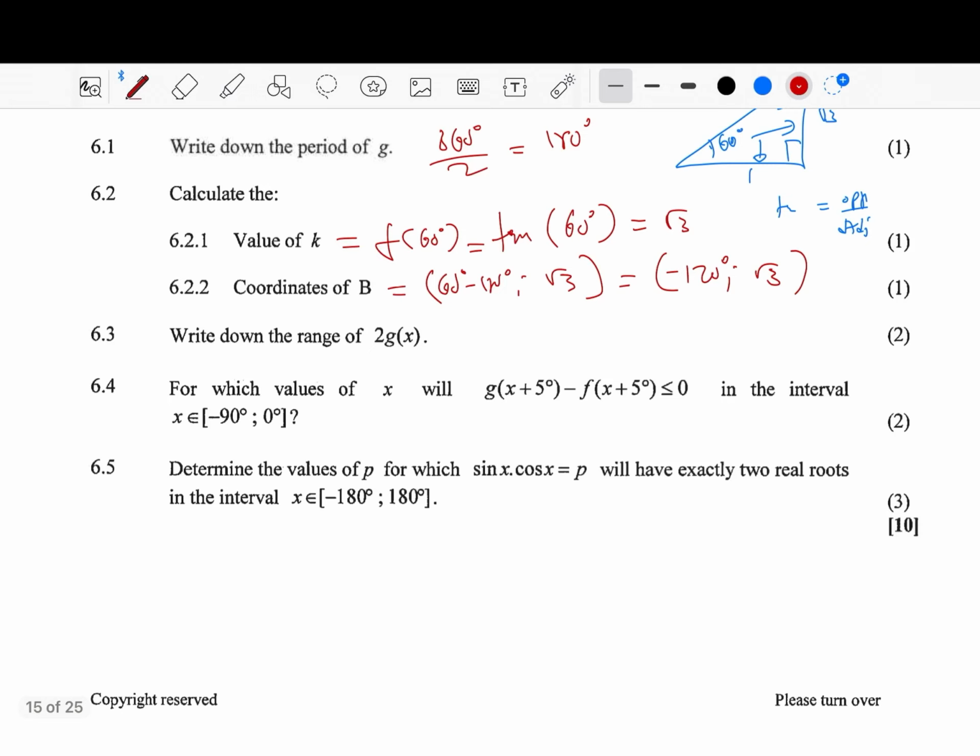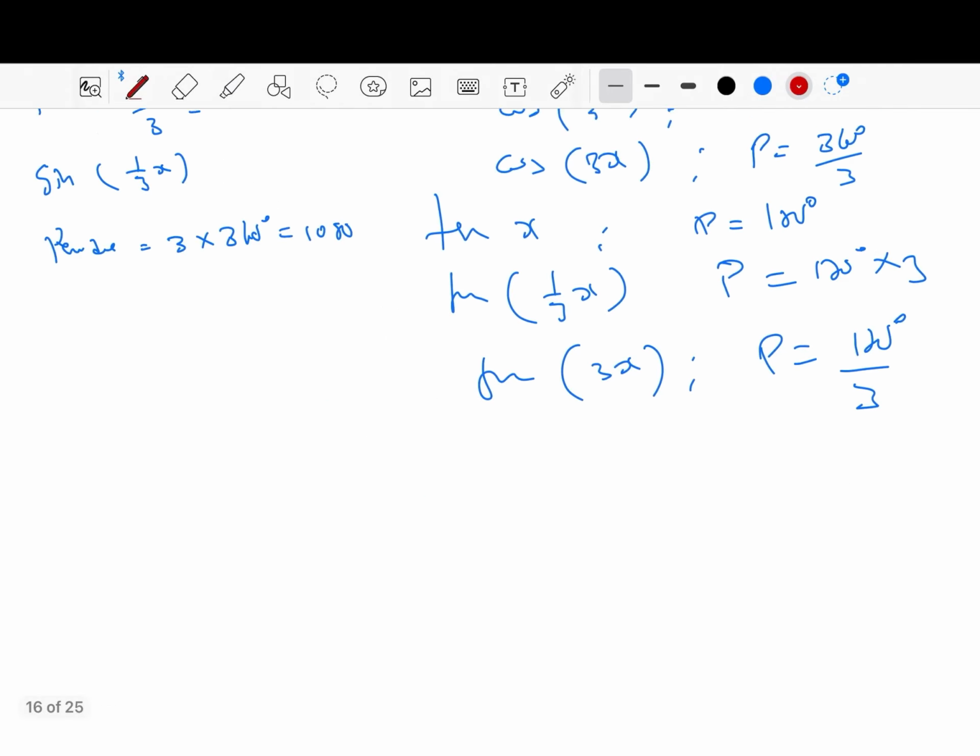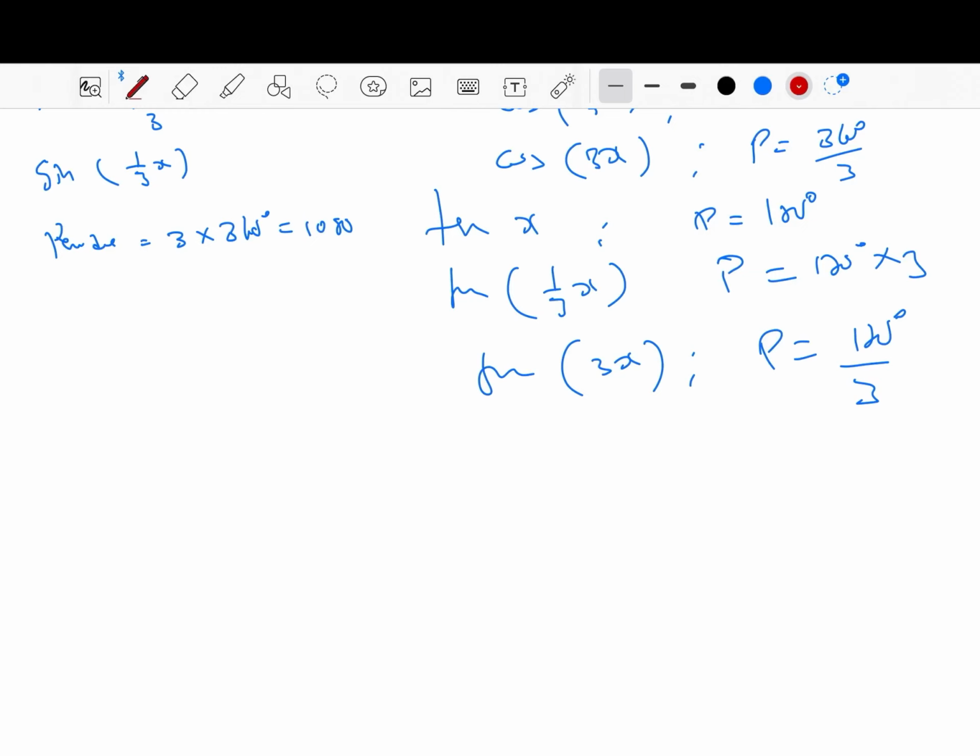Okay, 6.3. Write down the range of this. Okay, cool. So first things first, you need to understand the range. What is the range? The range is the distance. I mean, if you have a